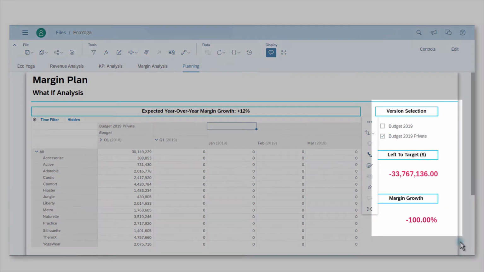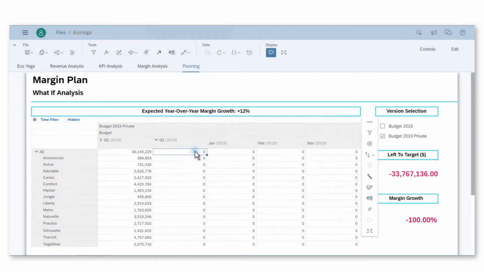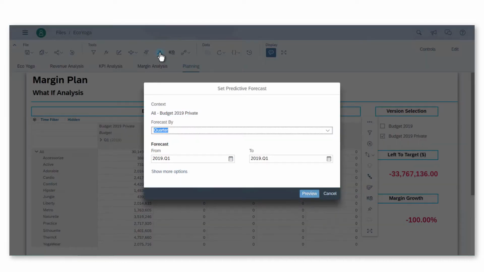I can see on the right part of the page some infographics showing me the amount of money I need to add to reach the 12% goal and the actual percentage of growth my budget will create. First, I need to start my budget with coherent values for Q1 2019. I could do it manually, but to be more accurate and speed up the process, I'm using an integrated planning